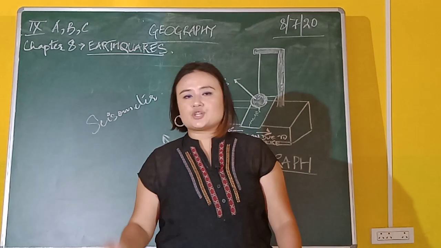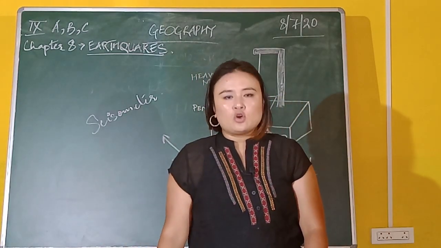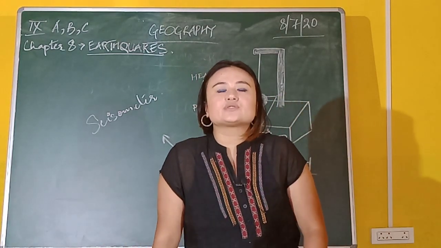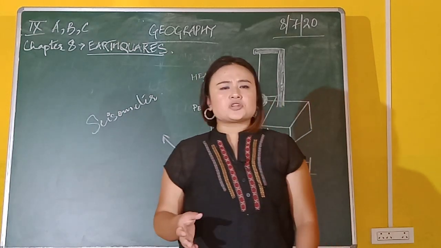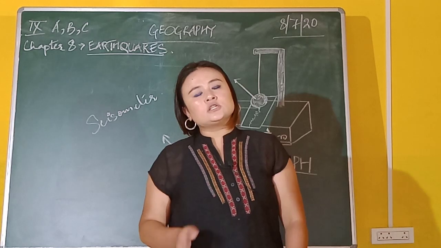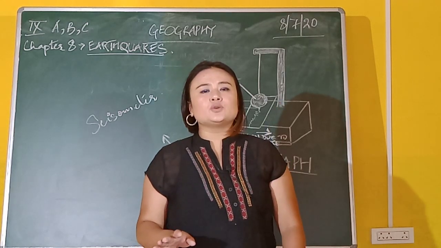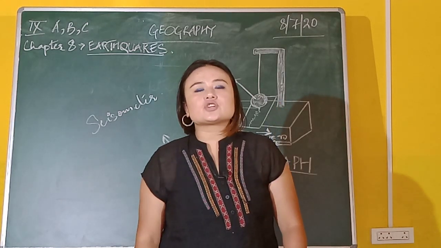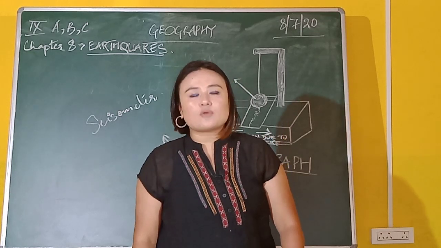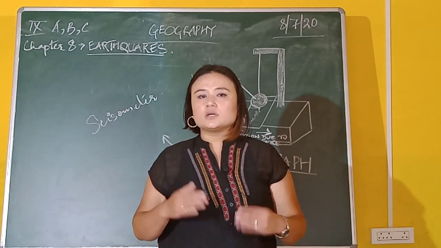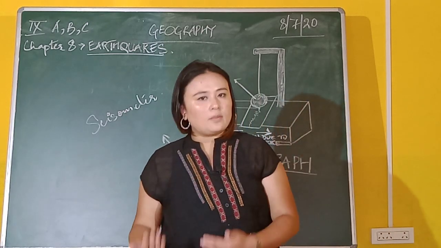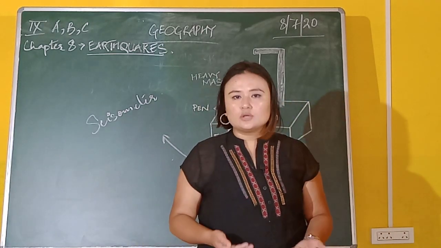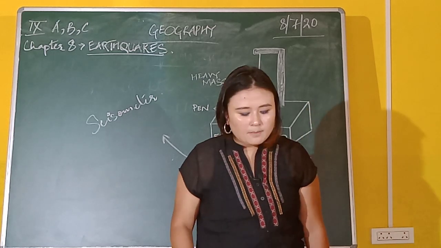Now, the effects of an earthquake. There are different kinds of effects or consequences, or you can also use the term impacts of an earthquake. Generally an earthquake is an example of a natural disaster, and as mentioned earlier in the previous class, any natural disaster you name just brings about destruction and devastation of life and property. But under the effects of an earthquake, we also want to emphasize the good effects at the same time, not only bad effects. So let's deal with the good effects first, followed by the bad effects.